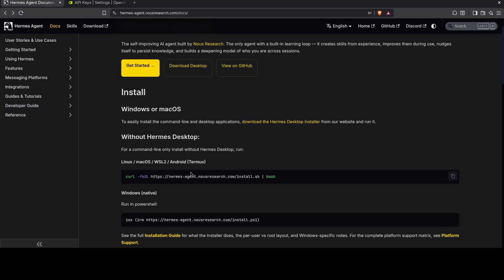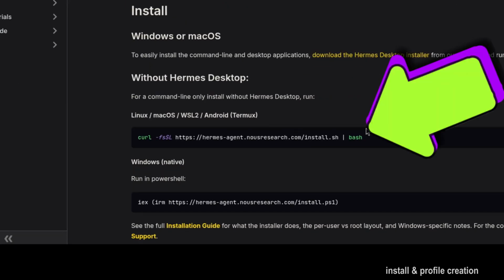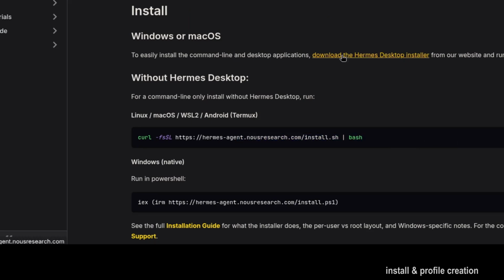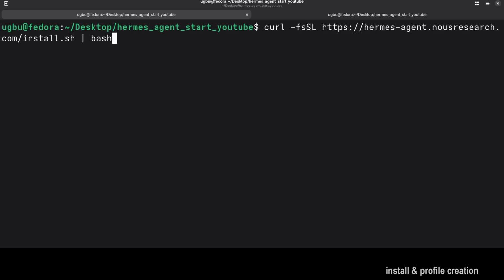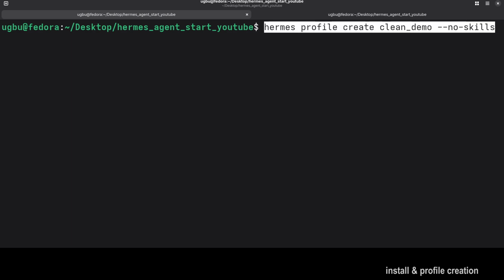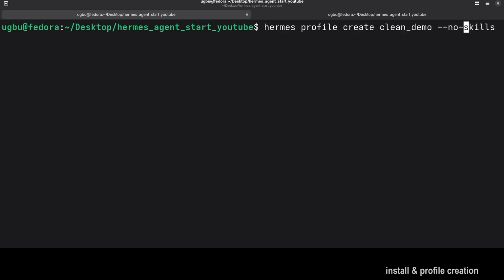You can install Hermes Agent by Nous Research on Linux, macOS, and WSL on Windows using this command, or use the desktop installer by visiting their official website. I've already installed it, so I won't be installing this, but I will be creating a new profile from scratch. You can do that with the command hermes profile create and your new profile name. We can just give it some name, like clean demo, and use the no skills flag, so it doesn't install